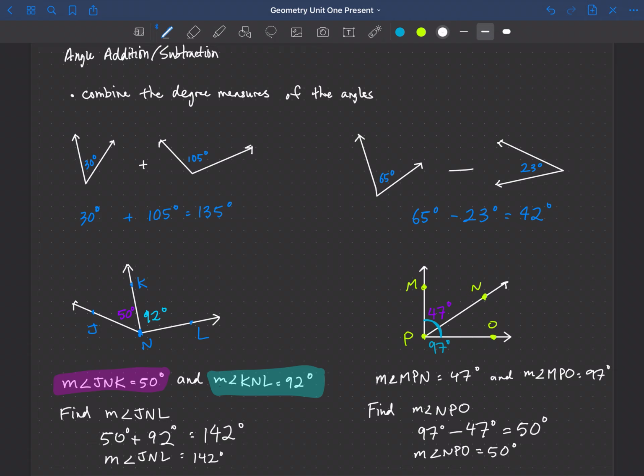Now, a couple things to note. This diagram does seem to look like a 90-degree angle, but we can never assume something to be 90 degrees if it's not labeled. Okay, so in the problem they gave us that it is 97 degrees. So we're going to use what they gave us instead of what we guess it's going to be. All right, so this is just a few